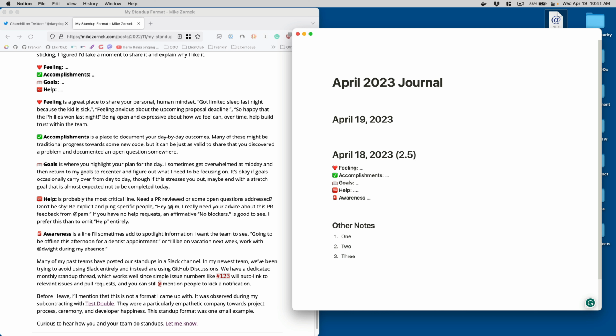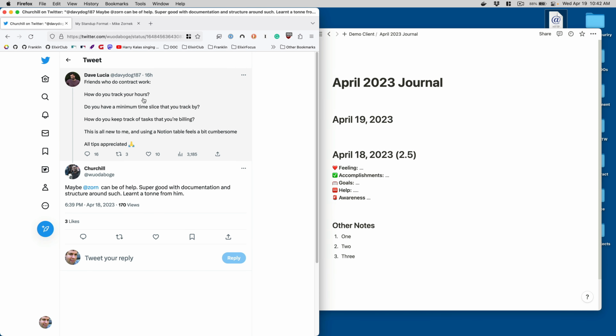I wouldn't worry about clocking in and clocking out on a Harvest type time tracking system or anything like that, unless that's something that is required. I don't know, that's kind of up to you. But so that's how I track my hours.